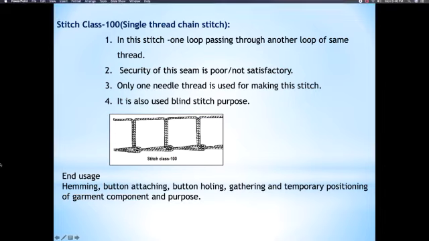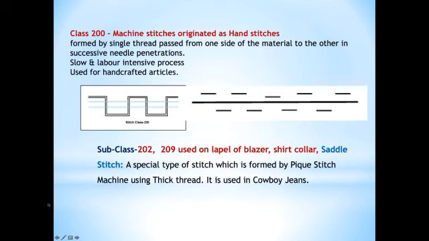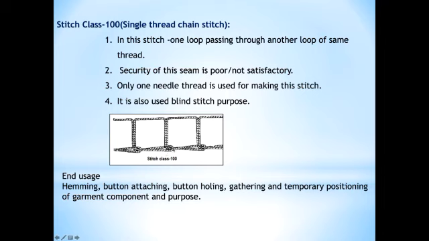So in this case, one loop is passing through another loop of the same thread. The same thread is forming the loop on the underside of the fabric, and through the same loop the newly formed loop will be passing. If we consider this stitch portion, this can be considered as the head of the loop, and this is the tail portion of the loop. As we can see, the head of the loop is passing through the tail